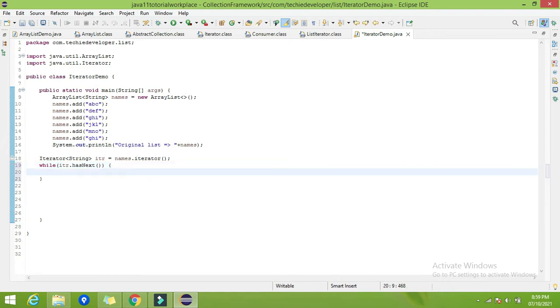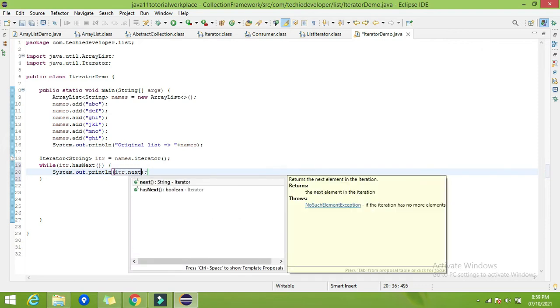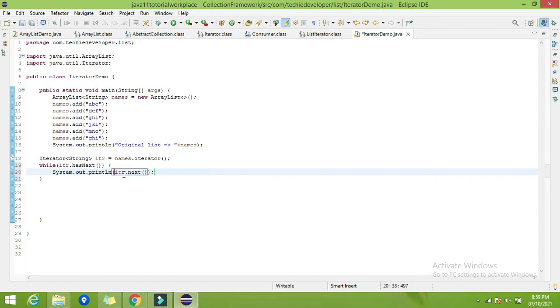If it has a next element, then let's print the element present in the list. I will print by using System.out.println. And how do you get the element? By using the method called next. So itr, that is the iterator object, dot next. It will give us the element present in the list. And now run this program.